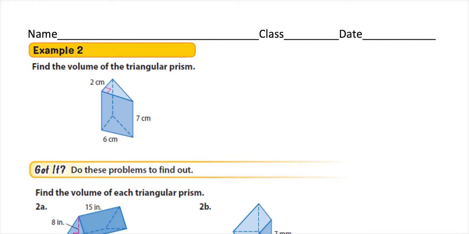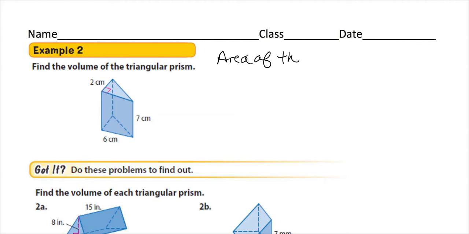All right, now we're going to move into the triangular prisms. So the triangular prisms are just a little bit harder, and that's because you kind of have to dissect everything and see what's there. Okay, so in this case we have 2 triangles and we have 3 other sides. Okay, so what we're going to do is we're going to find the area